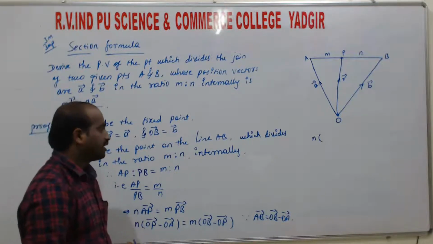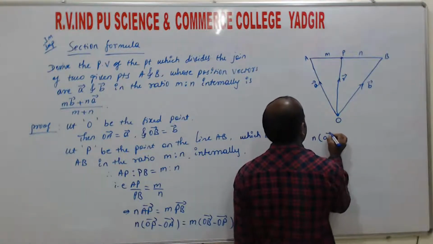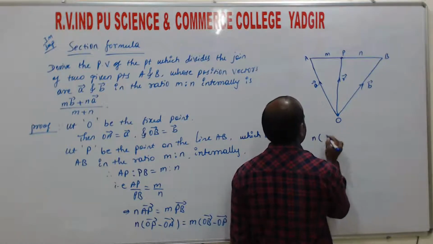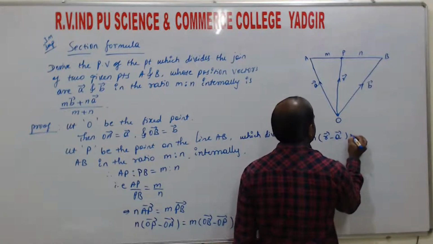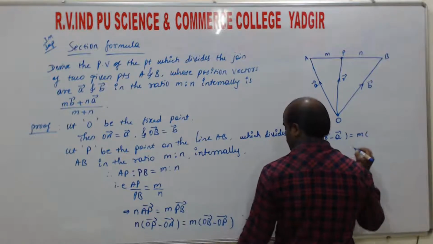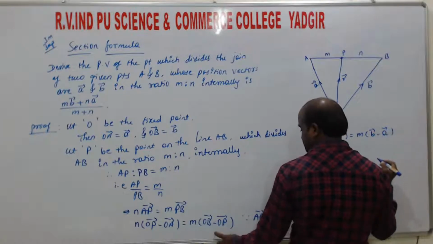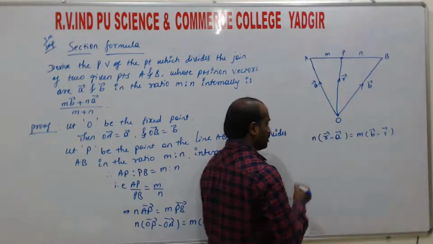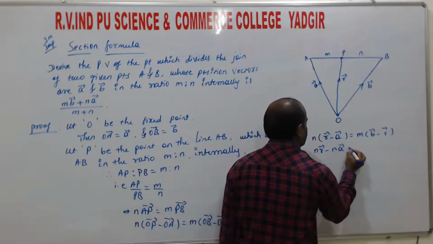Substituting: N into OP vector minus OA, or OP is substituting R vector minus OA, A vector, is equal to M into OB, which is B vector. Next OP is R vector. So NR minus NA, MB